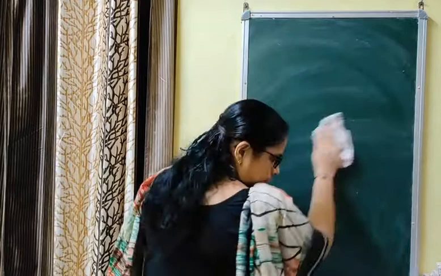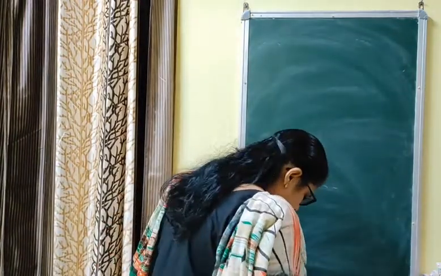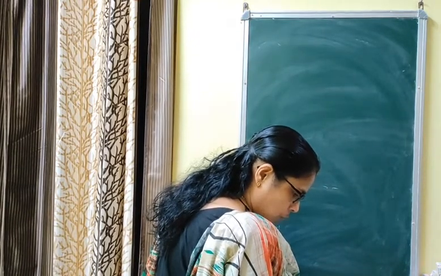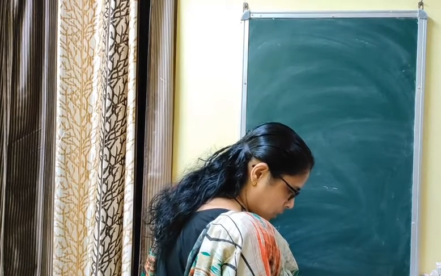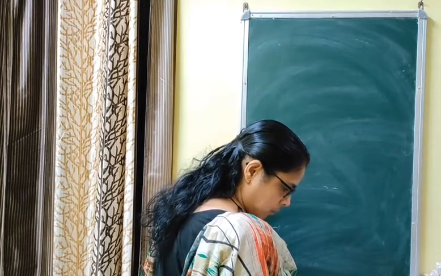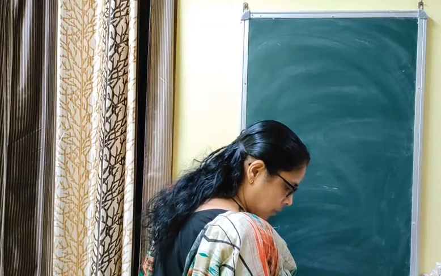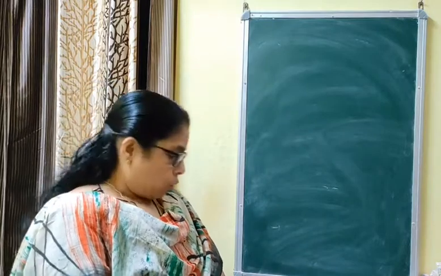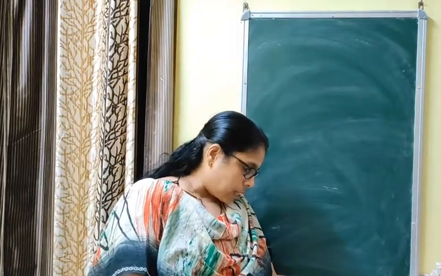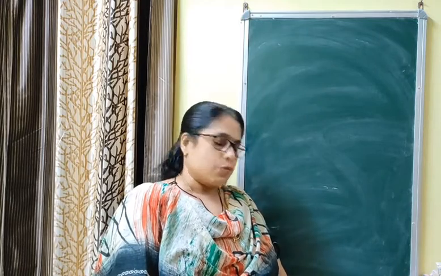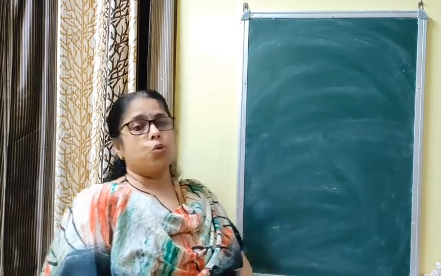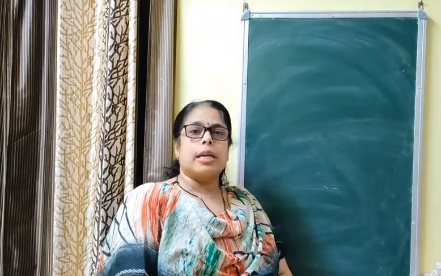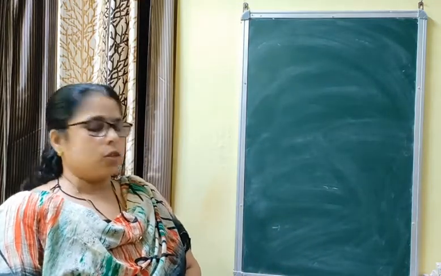Next question is type 2. On proving results and identities based on the formulas of sin 2x, cos 2x, sin x, cos x, cos square x by 2, sin square x by 2. Sin 2x is 2 sin x cos x. Cos 2x is cos square x minus sin square x, that is 2 cos square x minus 1, that is 1 minus 2 sin square x. Sin x, as I told you, is 2 sin x by 2 cos x by 2, by taking half of the angle. 1 plus cos x equals 2 cos square x by 2. 1 minus cos x equals 2 sin square x by 2.